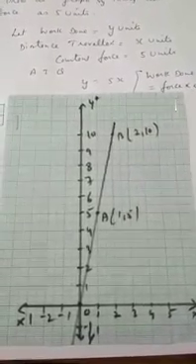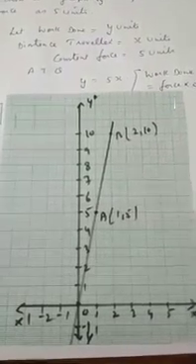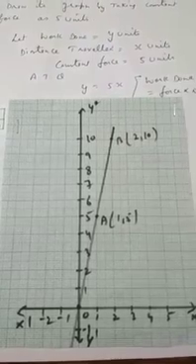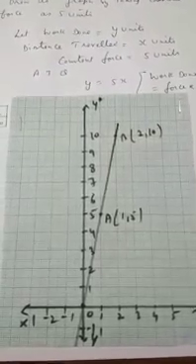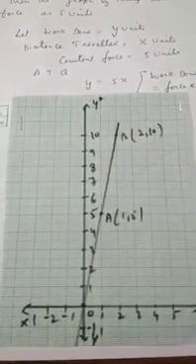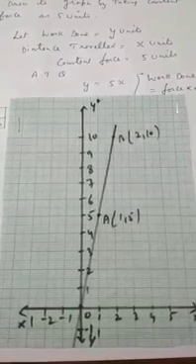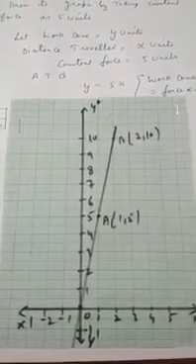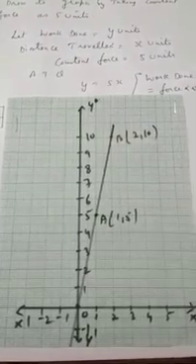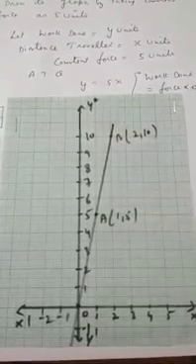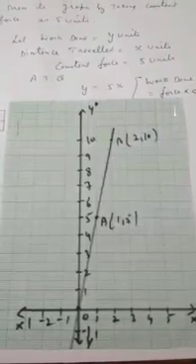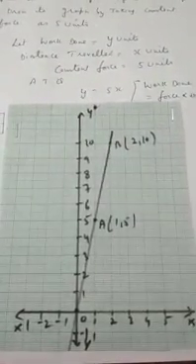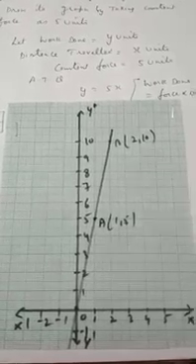0, 0 is shown on the origin, and point B shows x 2 and y 10. And when we join them, again we are getting a straight line passing through the origin. So this is the graph of the equation y is equal to 5x. So I hope you are able to understand the word problem, then making the equation and then plotting of the graph.